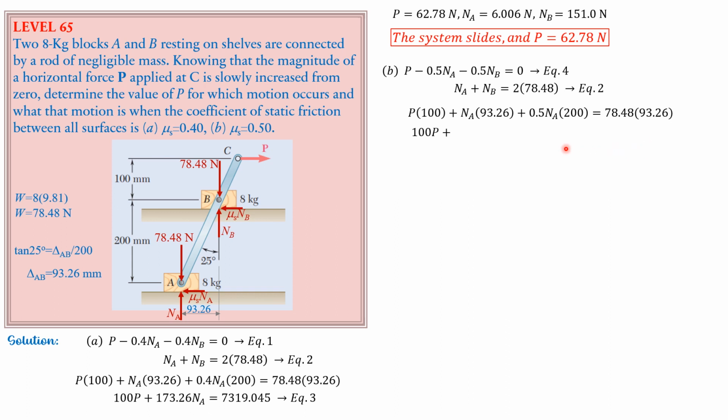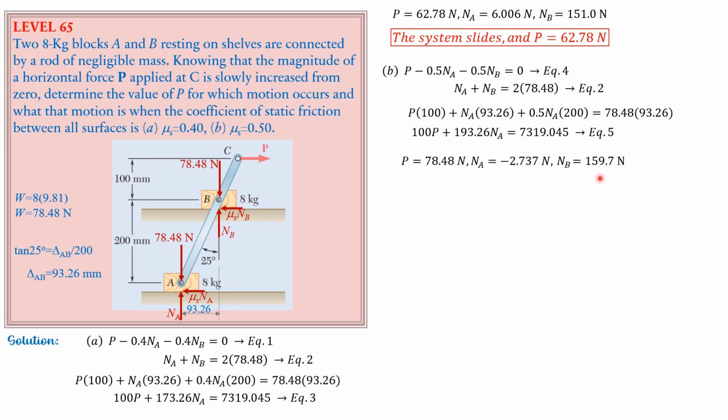So simplifying, 100P plus 193.26 NA equals 7319.045, equation 5. So solving equations 4, 2, and 5 simultaneously, we get P equals 78.48 newtons, NA equals negative 2.737 newtons,